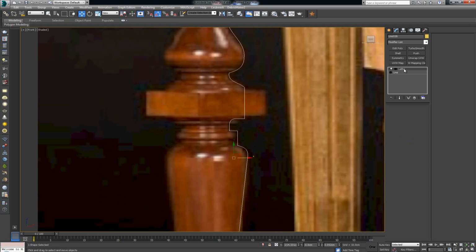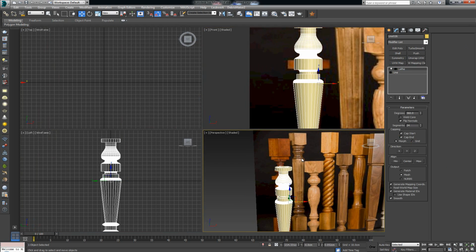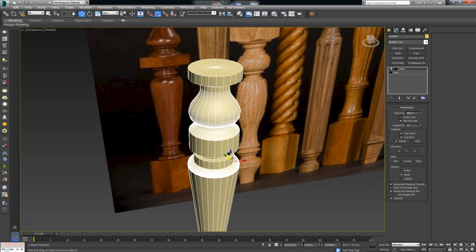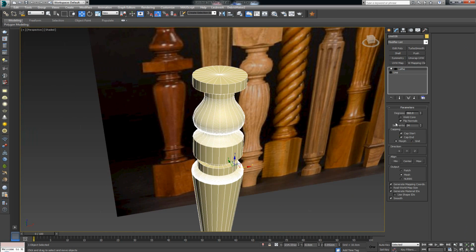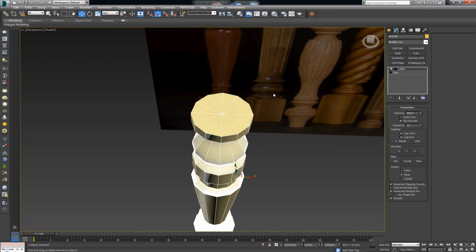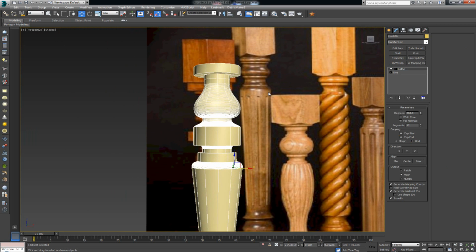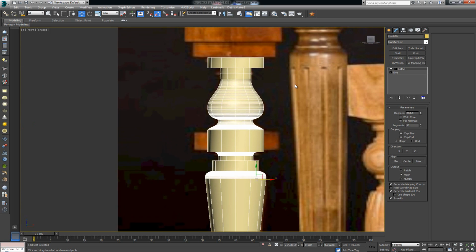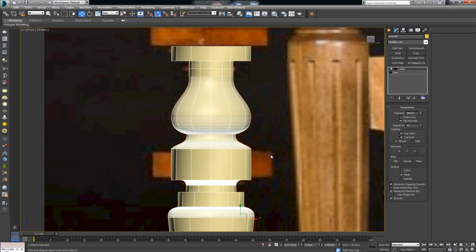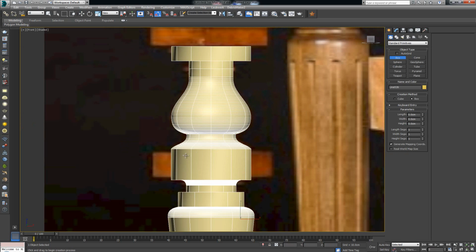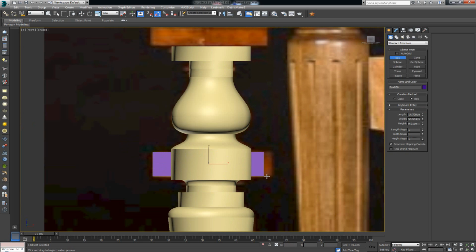All right, let's go ahead, choose lathe. And for this, I'm gonna go ahead and put in 12 segments. All right. So now what I wanna do is make a box, which is going to be about here. So I'm gonna hold down Control and right click and choose box from the primitive creation menu. So click box,